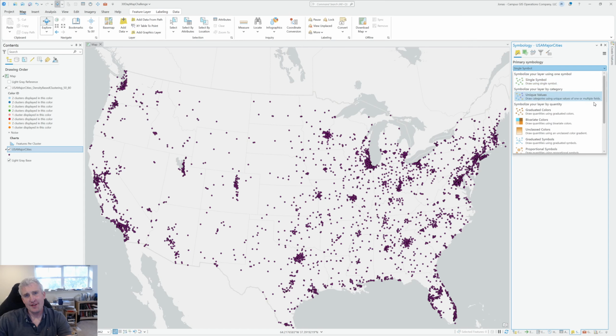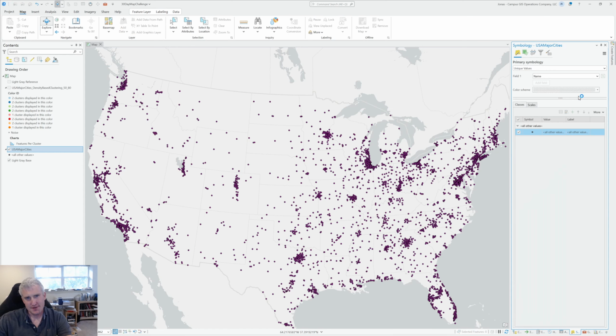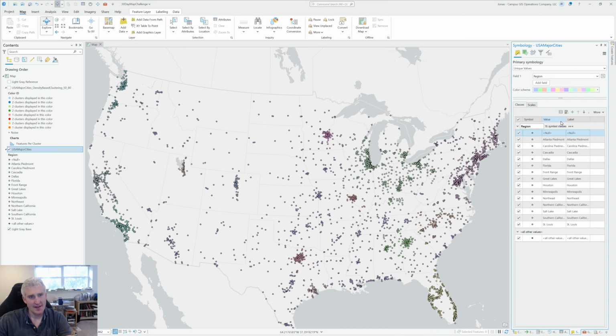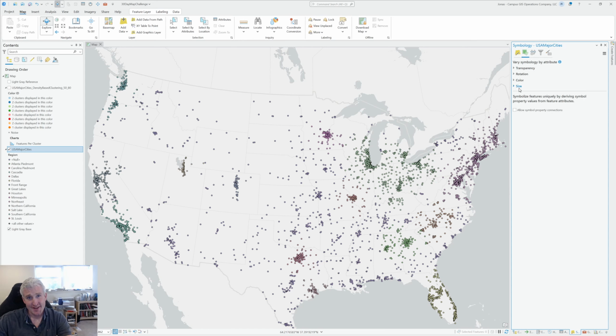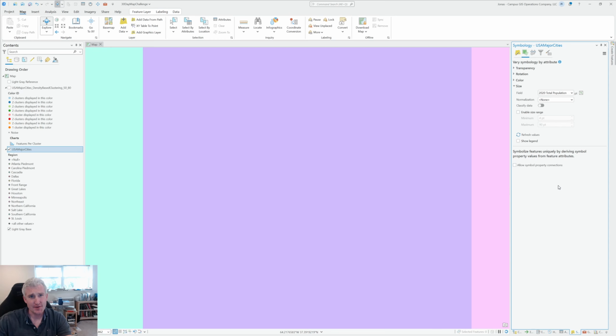And what this is going to be is unique values, right? Because we're doing it by name, or we're doing it by region. So here are all our different regions, and we're also going to symbolize the cities by size based on the population. So if we go to 2020 total population,